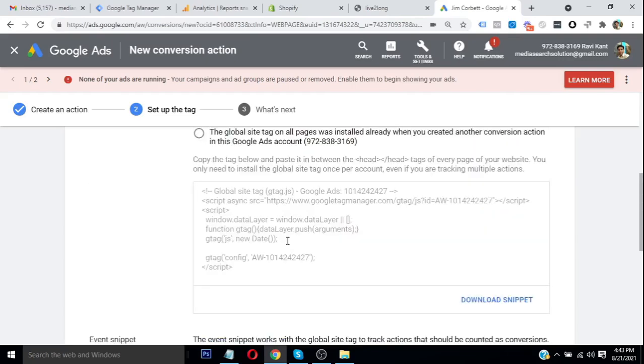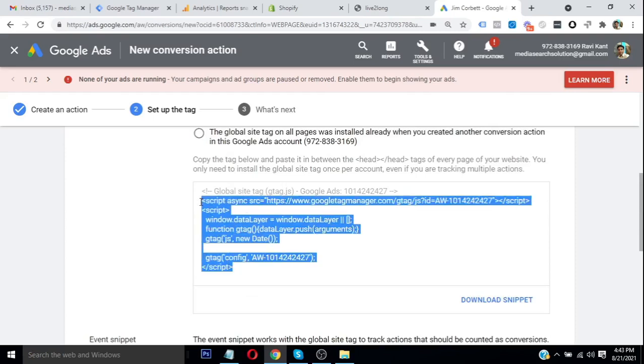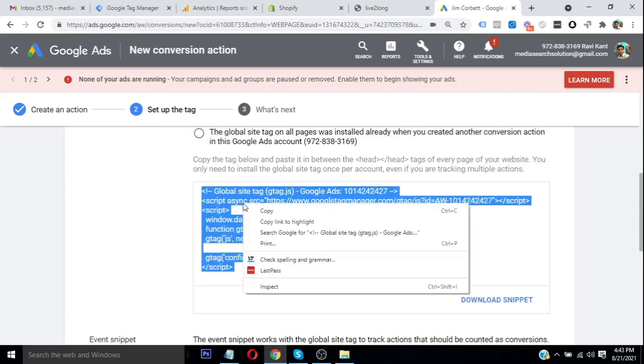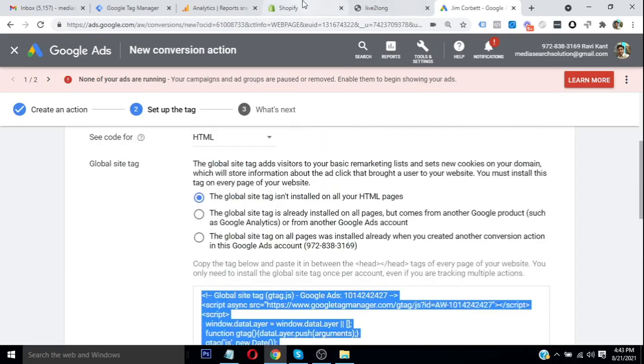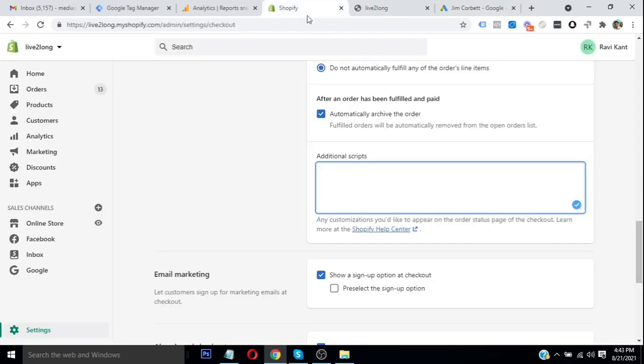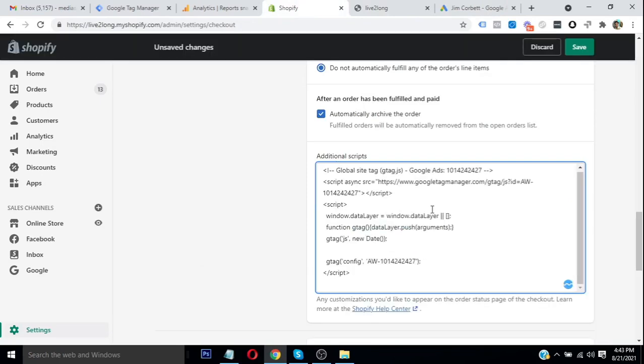So what we need to do is install this global snippet on all the pages of the website. For that, first of all we need to copy this, and go back to our Shopify back panel, and as we were in the checkout under the settings, we just need to paste this piece of code here and click save.